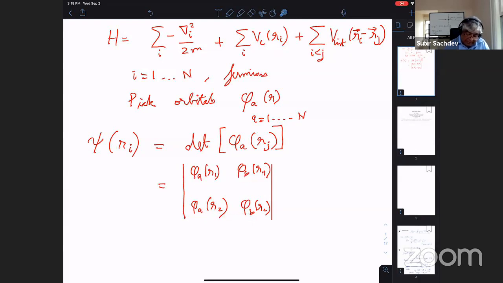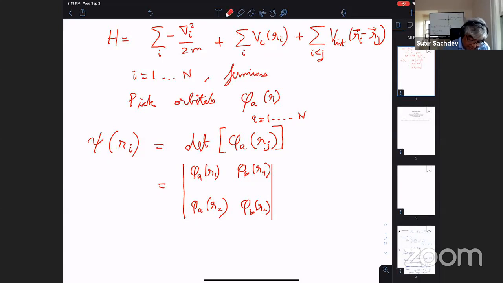And now, why do we write it this way? Well, what we're saying really is that these particles occupy these orbitals, single particle orbitals, and the full wave function is just a product. But that's not good enough because the wave function has to be anti-symmetric globally. These are fermions. And so you anti-symmetrize the product wave function by making it into a determinant. Now, for bosons, you would do the same thing, except you'd miss the minus sign, and that's called a permanent.